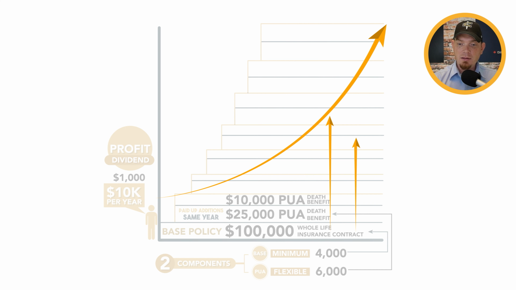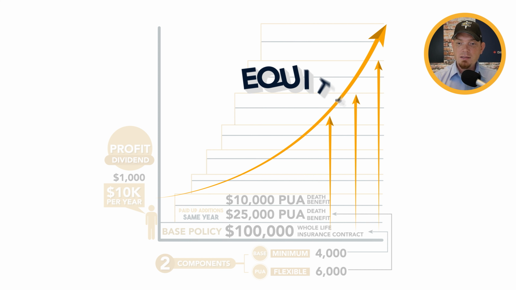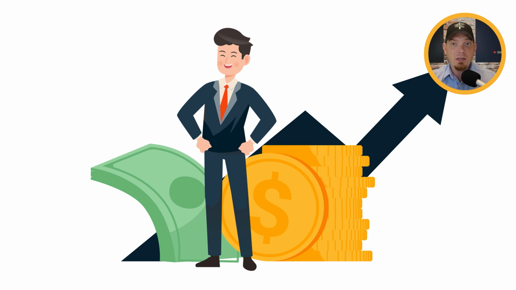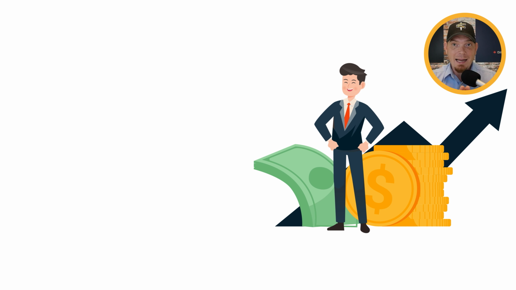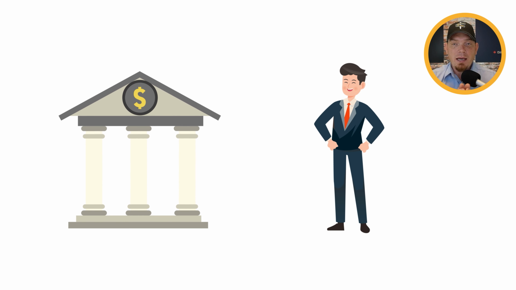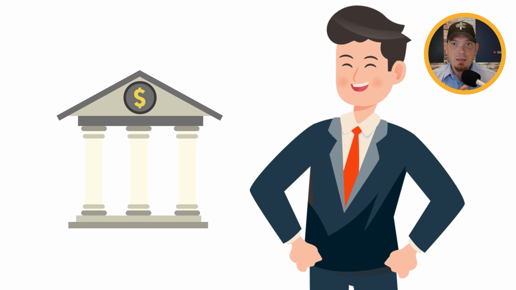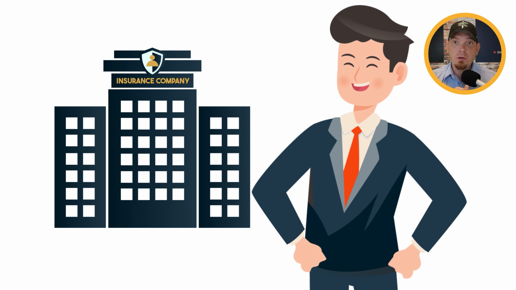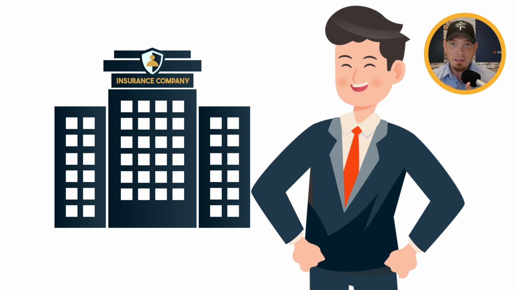So everything that's underneath this cash value line is equity. Now, this is equity you own and control. It's an asset, just like you would have equity in a home that you own. The difference is you don't have to go and ask permission to get access to the equity in this contract. It's as simple as filling in one piece of paper, and that money can be direct deposited into your bank account. That is total and absolute control over the use and liquidity of your money. The beautiful thing is, you're not actually using your capital, you're using the insurance company's capital that you co-own. So they're lending you the money and you co-own the lender.